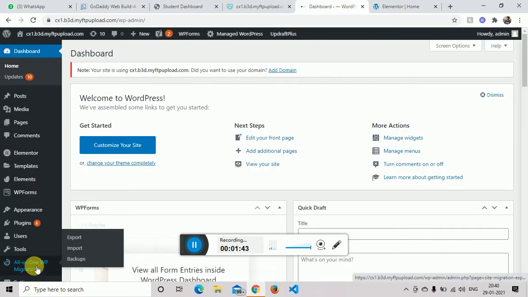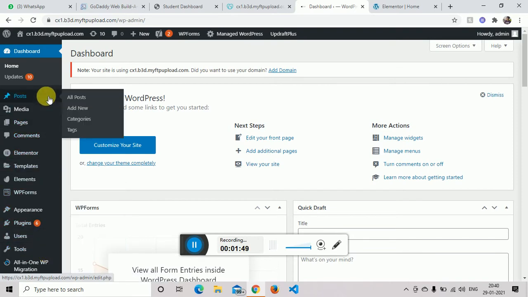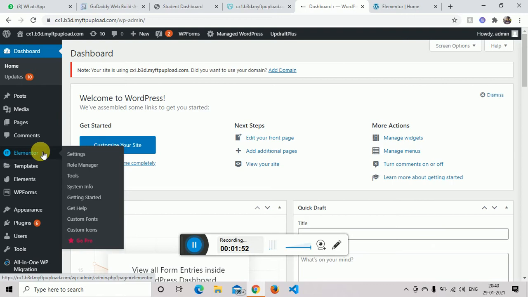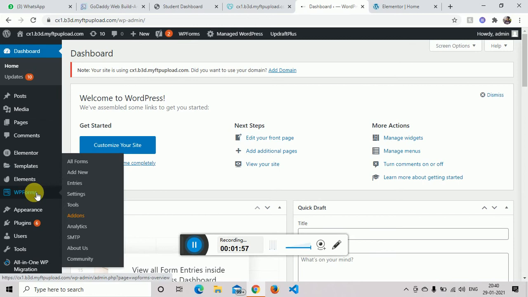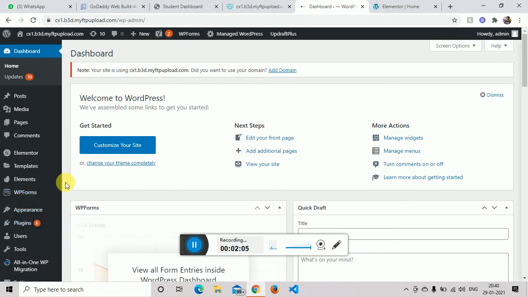This is the plugin All-in-One WP Migration, and this is the option in the dashboard. Elementor, which is a web page builder, and this is WP Form for making forms, and this is the plugin where we install the essential plugins, and below is the settings and other. By using the All-in-One WP Migration plugin, we can migrate our local website to live server. I have made my web page using Elementor,